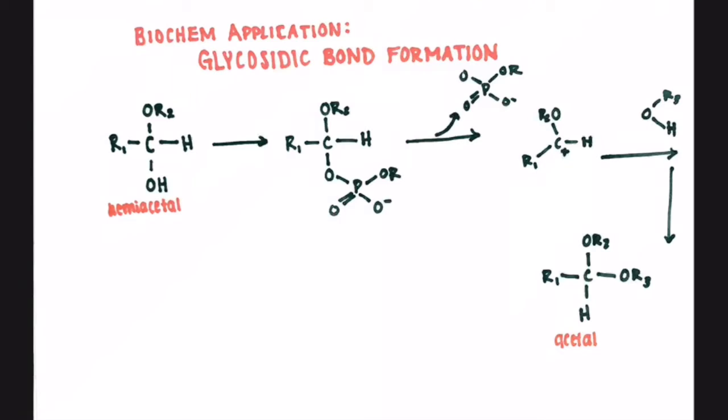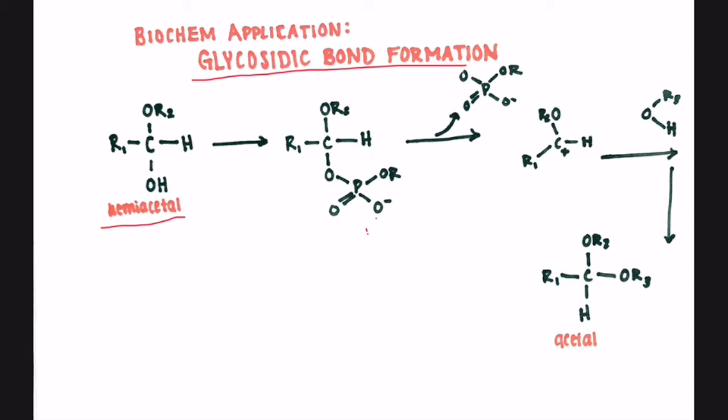Now let's look at a real-life biochemistry example. The acetal formation reaction is used in the synthesis of glycosidic bonds that connect sugar monomers into polysaccharide chains. In nature, the synthesis of new glycosidic bonds is catalyzed by enzymes called glycosyltransferases. However, instead of starting with a ketone or aldehyde, sugar monomers in their cyclic conformation are already hemiacetals. Another notable difference is that instead of an acid being the source of protonation that converts the OH group of the hemiacetal into a good leaving group, it's a kinase, a protein that phosphorylates the OH group,